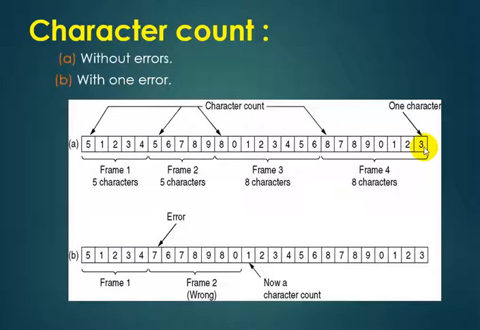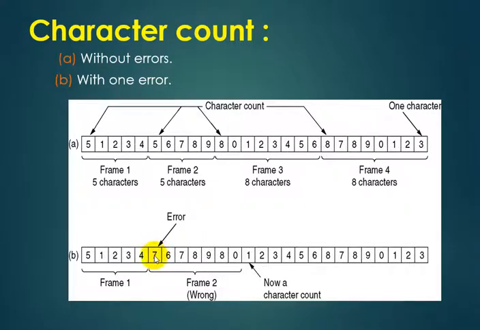So let us see with error. How can you identify there is an error in the data link layer? The frame that the network layer receives has an error. So with one error, let us see how it looks. Frames start with the same numbers. So this is one complete frame. It includes 5 characters. After 4, instead of 5, 7 was included. So this is frame 2, but this is wrong. Why is this wrong? Because we are inserting 7.